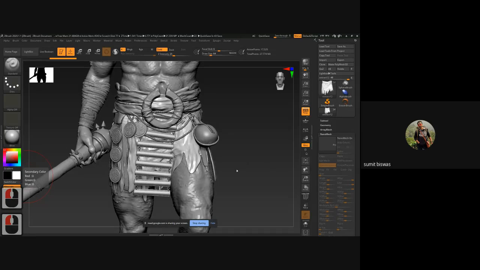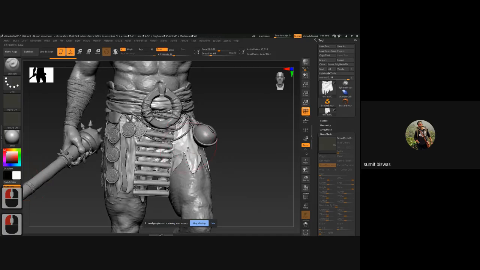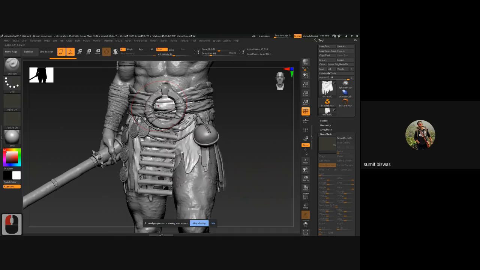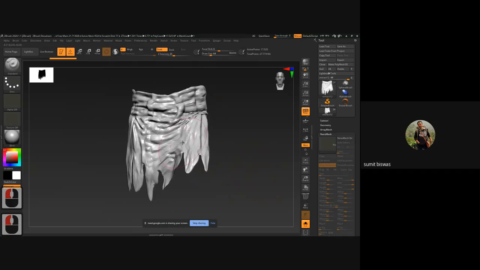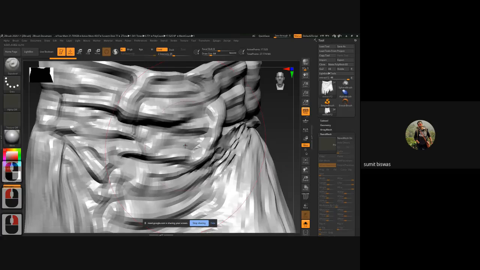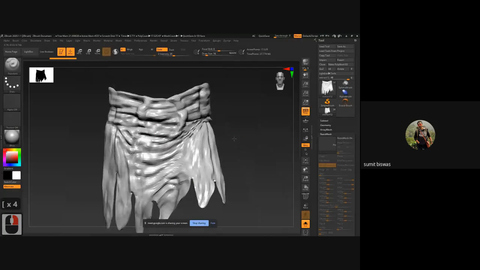So you can see this base geometry is based on my pose. According to my pose, I have modified it. But there are lots of loops here and there, and plus there are some volumes. And if I hide it, you can see all the hidden area. They have some unwanted shapes. So to create all this nanomesh geometry, detailed geometry, what I can do is